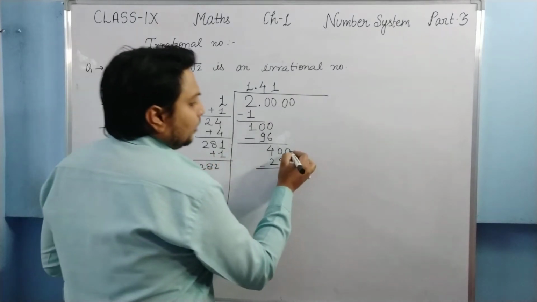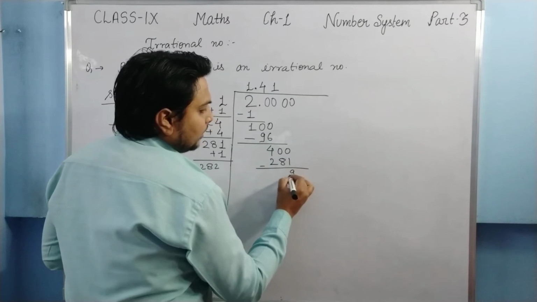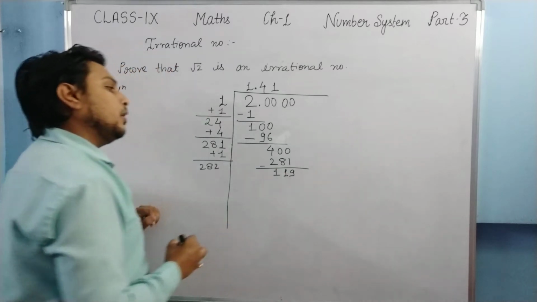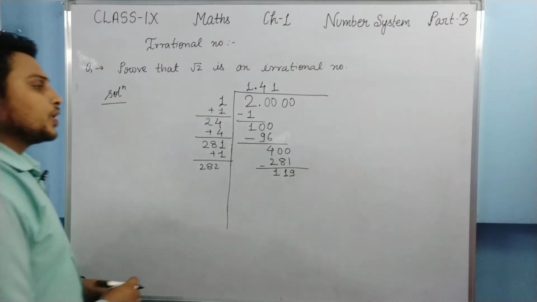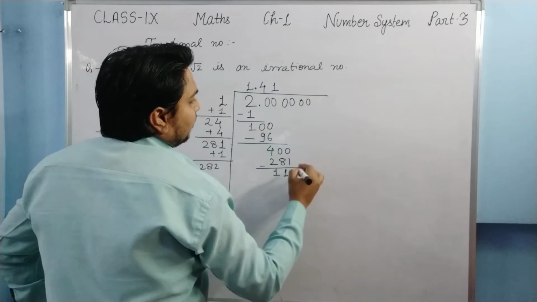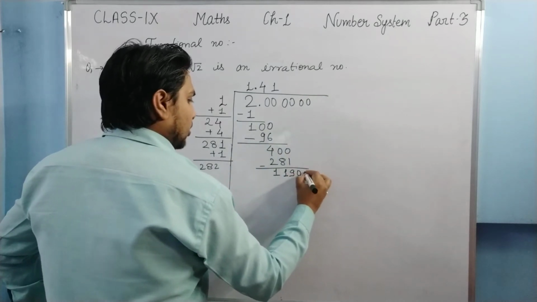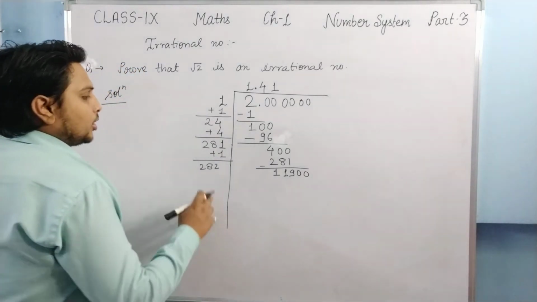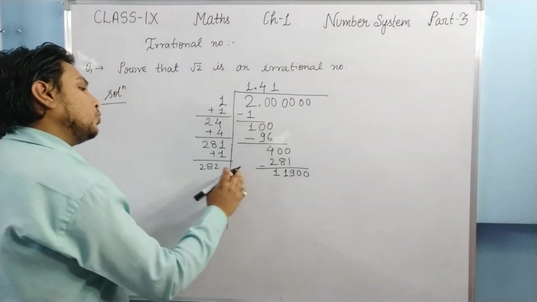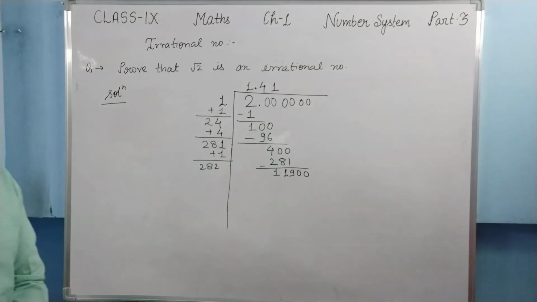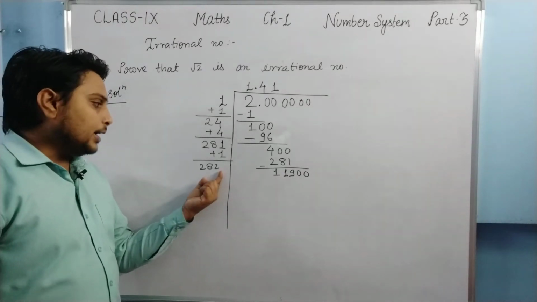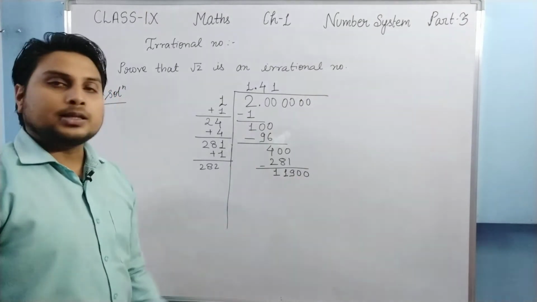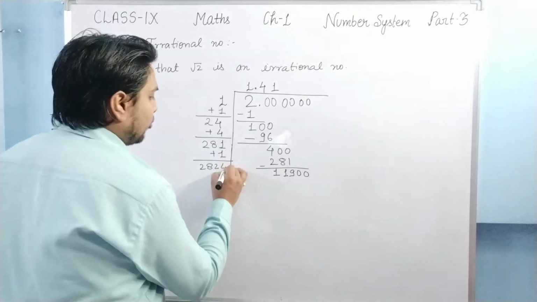Okay, and here 10 minus 1 is 9. 9 minus 8 is 1. Okay, and here it is 3 minus 2, that is 1. Again we can increase the pair of 0, so it will be 11,900. Okay, students, again we have to write a number whose multiplication should not be greater than this. If we write the number 5, then the multiplication of that will be greater than this number, so we have to write 4 here.